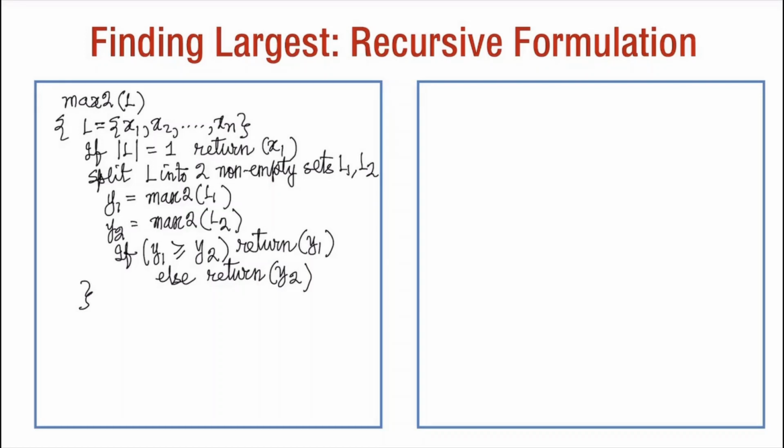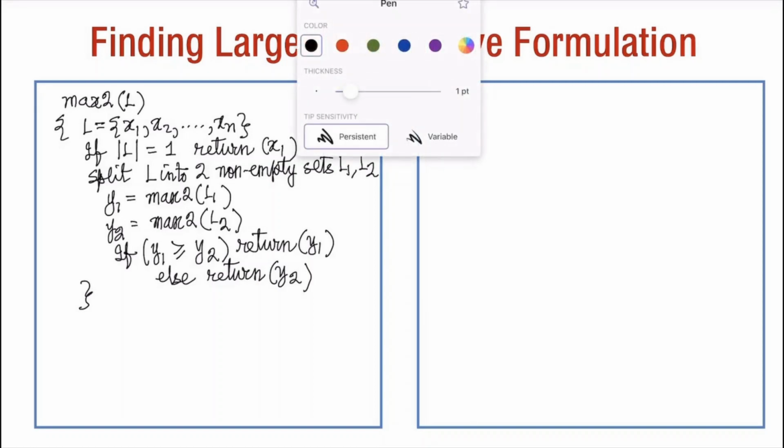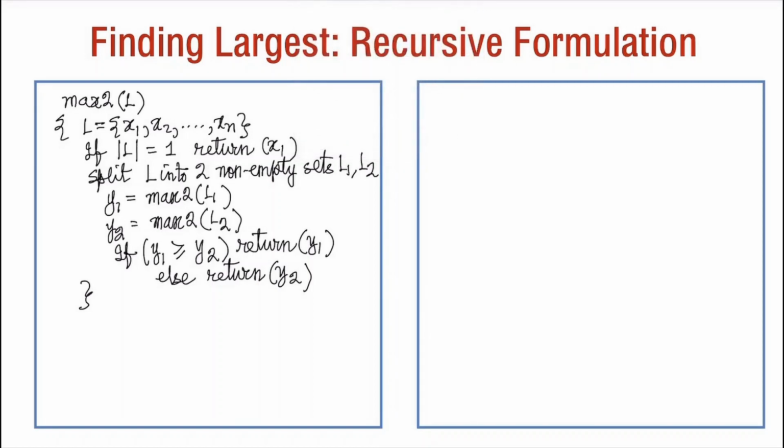So if we want to get a proof, we can do a correctness proof by induction. We can inductively prove that this algorithm will do it correctly, where we have this as the base